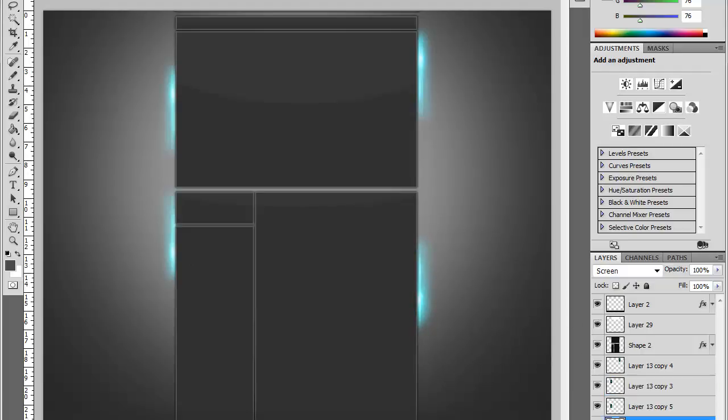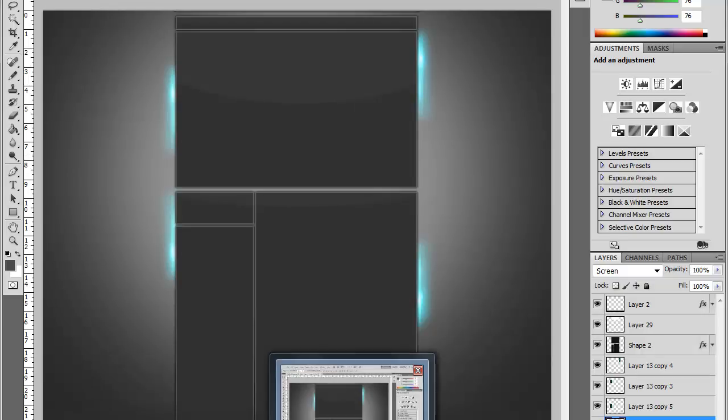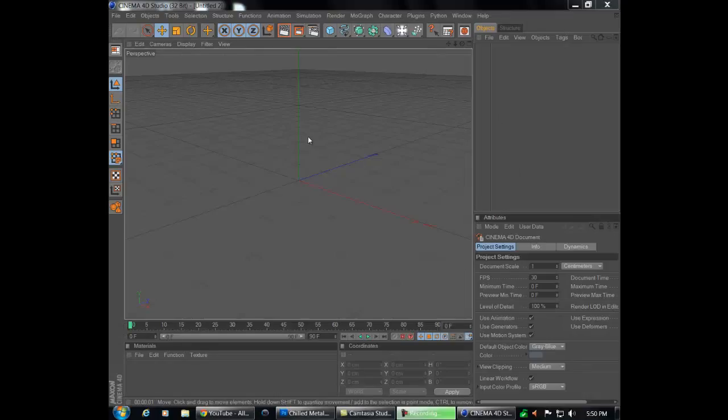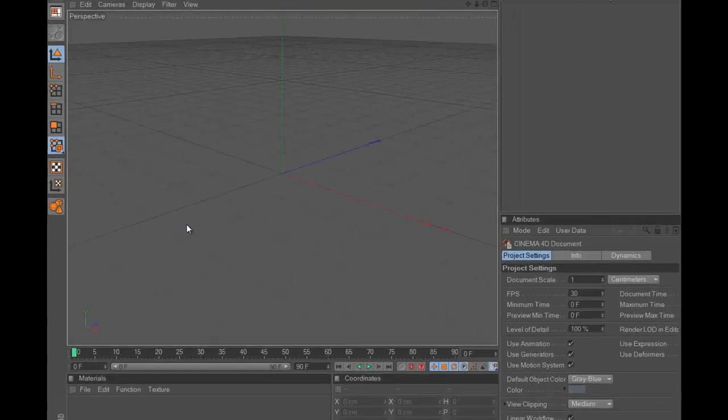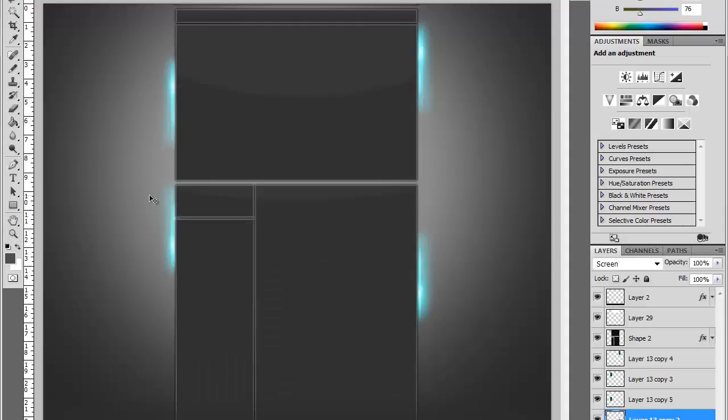So what I'm going to do now is go into Cinema 4D and show you how to make some text, add maybe a logo up here, but mainly just add some text on the side here. It's going to look really nice. Okay guys, we're back. Now we are in Cinema 4D. Today we are going to make some text to go right on the side of our Photoshop